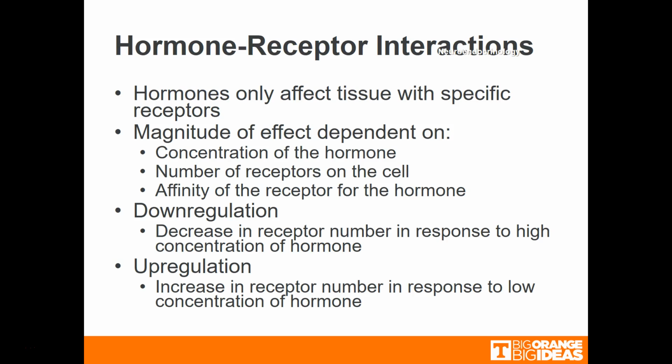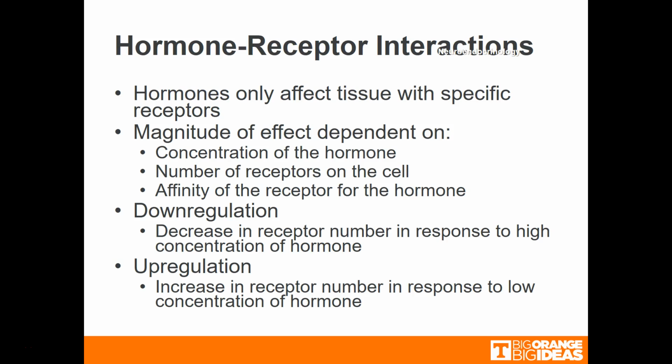And so the first is the concentration of the hormone. So the greater the concentration of the hormone, the more receptors can be reached and the greater the effect of the hormone can be seen on the tissue. The second factor is the number of receptors on the cell. So the more receptors there are on the cell, the more hormone can interact with those receptors and exert its